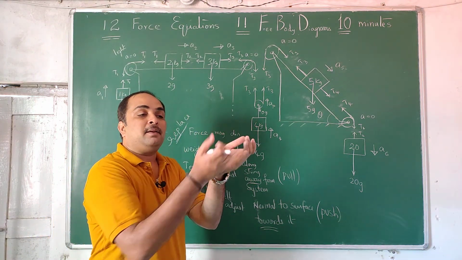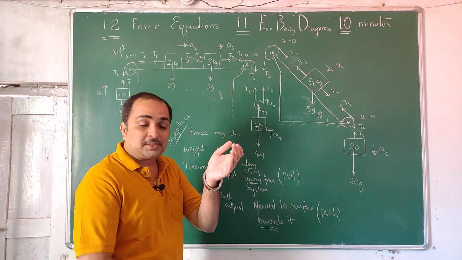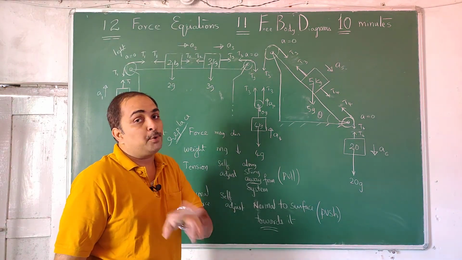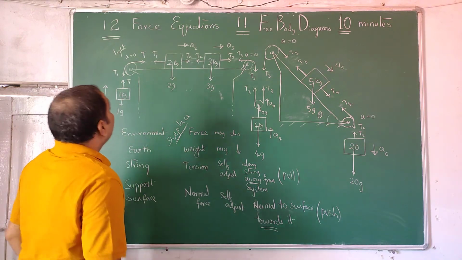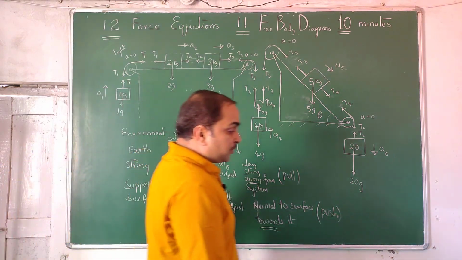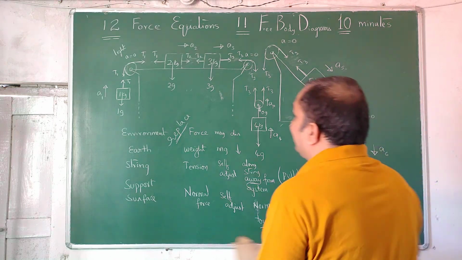For example, we have an apple. The force will be outward from the apple and towards the earth. Therefore, it is a pull. Gravitational push, we don't use the word. Gravitational pull. So normal push. So where a supporting surface is required, let us write them.